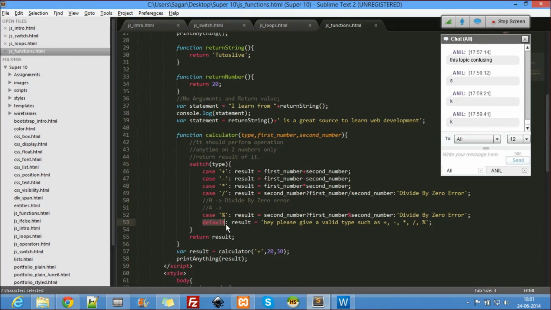Now default, switch will have a default. If nothing matches, no plus, no minus, no star, no divide, no modulus, it will catch this: just use only these. And it will return the result. Now coming here, 3 arguments. I'm passing the 3 arguments. Now why is it going to default? Because